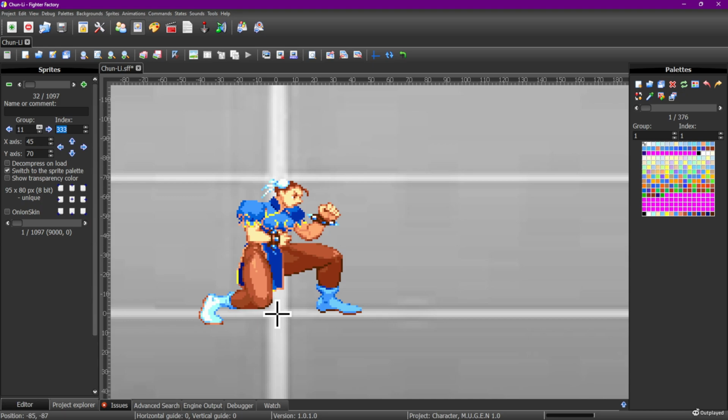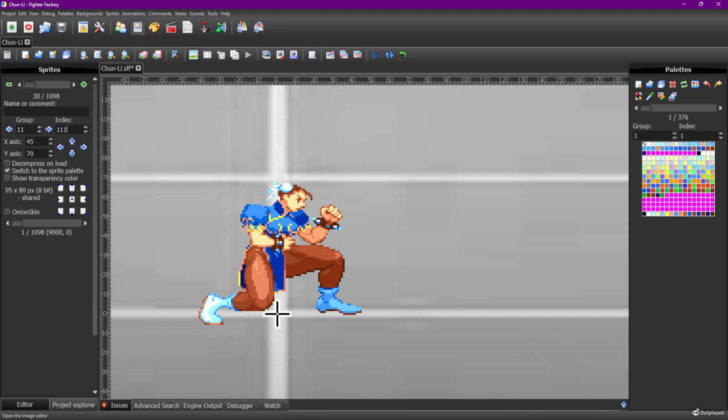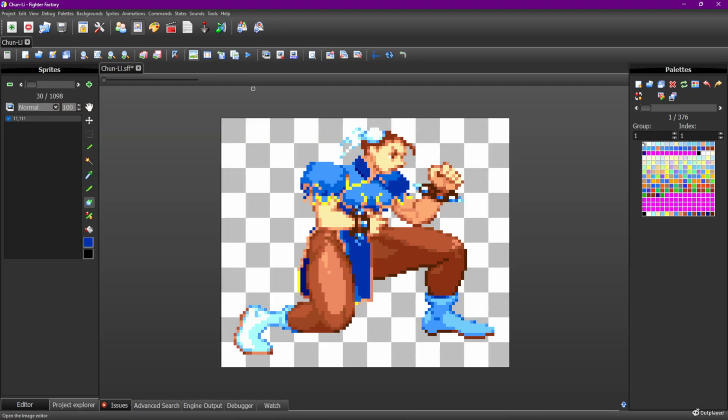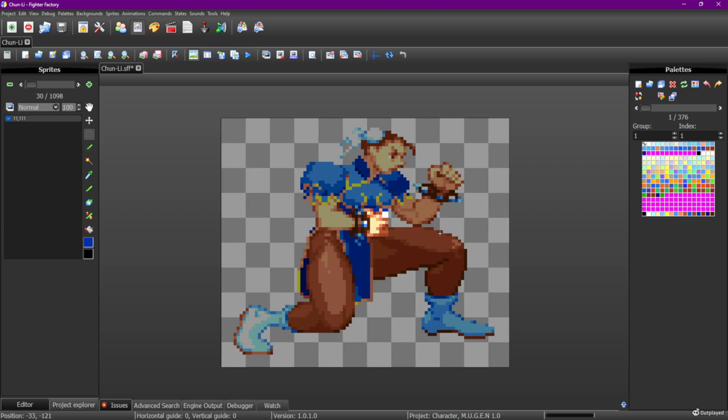So I'm gonna do some renaming here. This is gonna be triple four. This is gonna be triple three. This is gonna be triple two. I'm gonna duplicate triple two. Go back one. I'm gonna rename this triple one. Triple one I need to do a little bit of finagling with. So for triple one, the finagling I want to do is the fist. Just a slight shift downward for the fist.